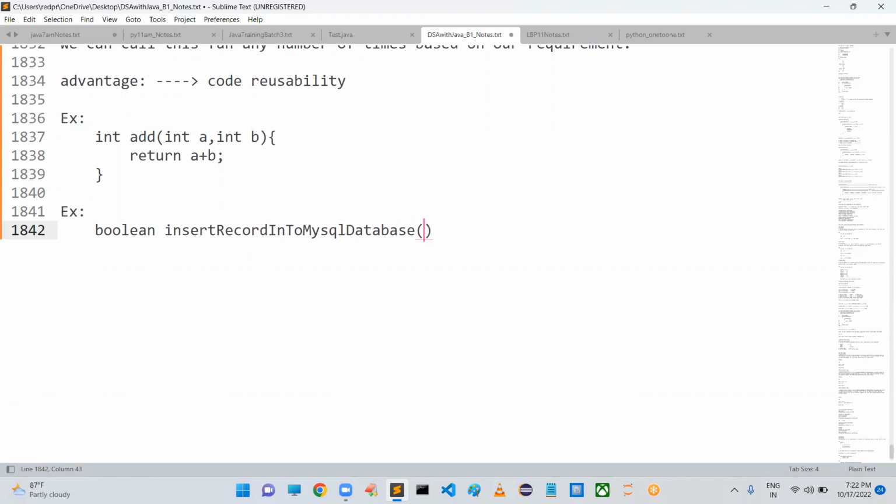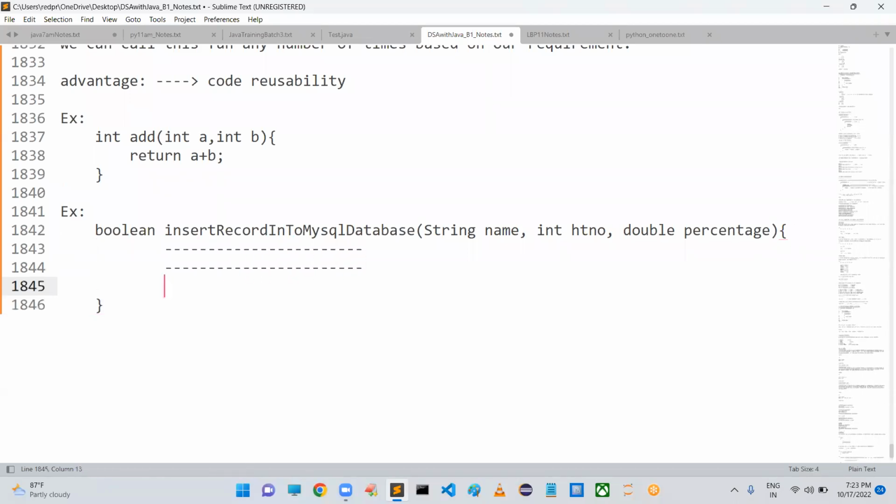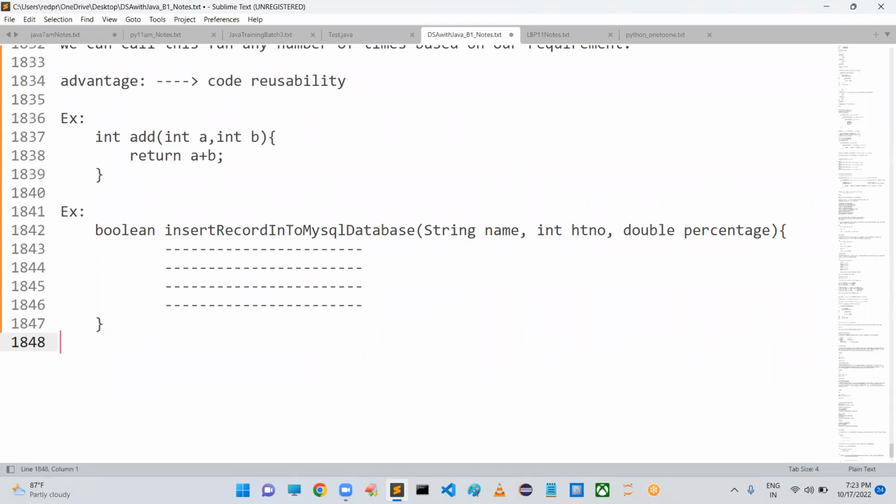I'm going to pass the name of the student, the hall ticket number of the student, and the percentage of the student. I have to write code that establishes a database connection and inserts the data into the table.